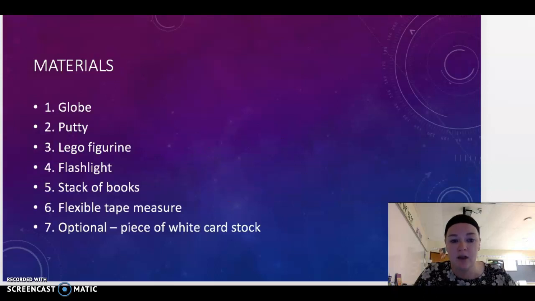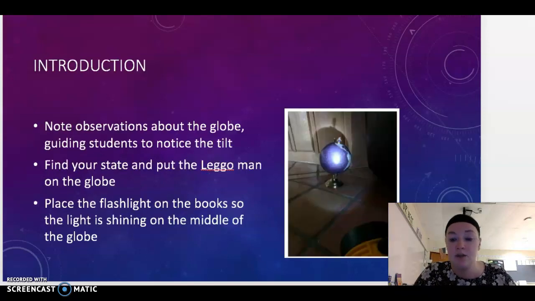So for this you need a globe, some putty, a Lego figurine, a flashlight, a stack of books, and a flexible measuring tape. So for the introduction, you note observations about the globe first. A lot of students don't even look at globes anymore. You might have to go find one. Not every classroom has a globe anymore. So guide your students with questions,